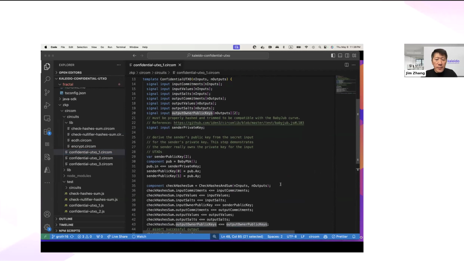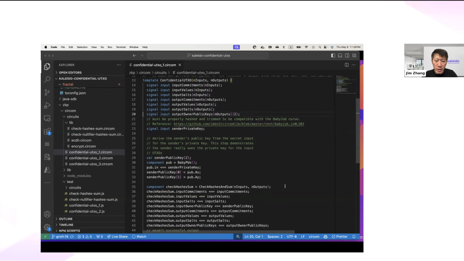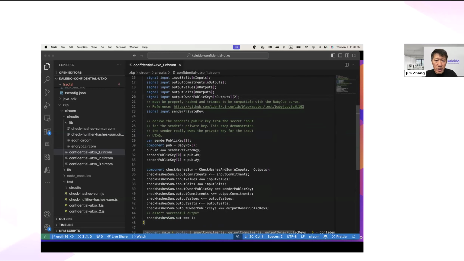So the idea of zero-knowledge proof is that it's going to do the calculation that needs to be done, and then you have to publish your circuit so that the verifier can be convinced that you're speccing out your circuit to do the right calculation so that the proof it generates represents the right statement. So what we're doing here in the circuit is first, we're using the private key to derive the corresponding